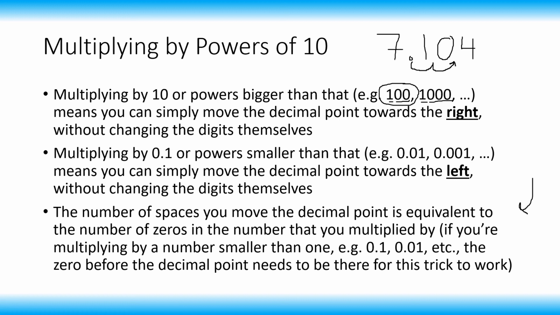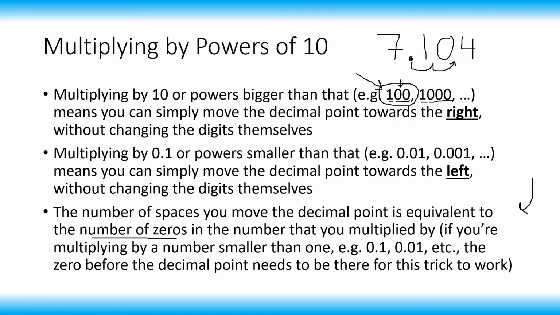So right now we're working with moving it to the right. The number of steps that we have to move it over is the same as the number of zeros in the number that you multiplied by. So we multiplied by 100. 100 has 2 zeros, right? So that means that we move it over 2 spaces from where it is right here,